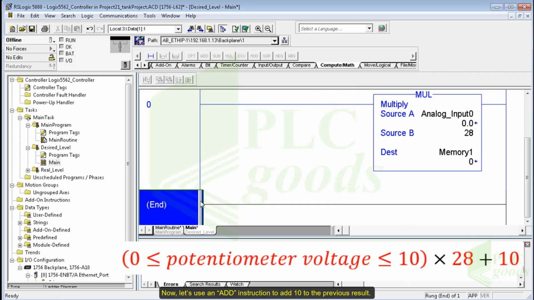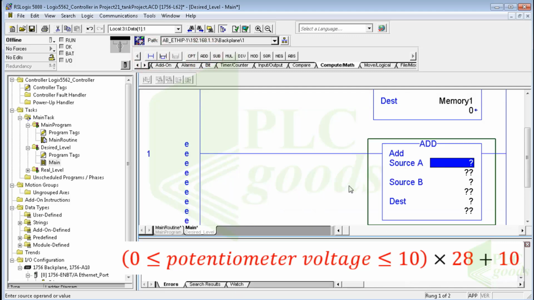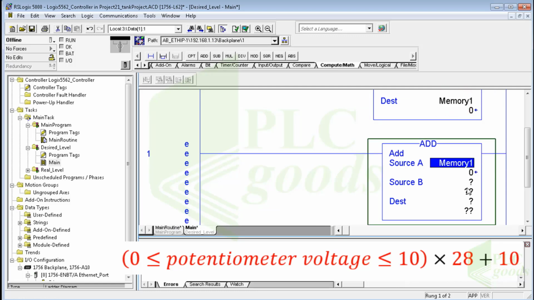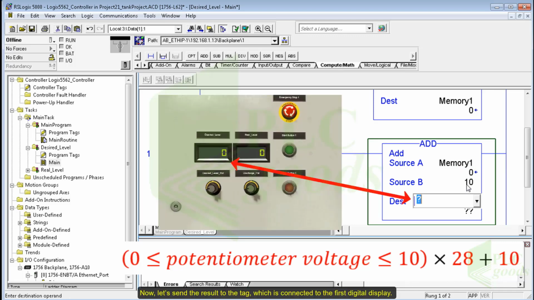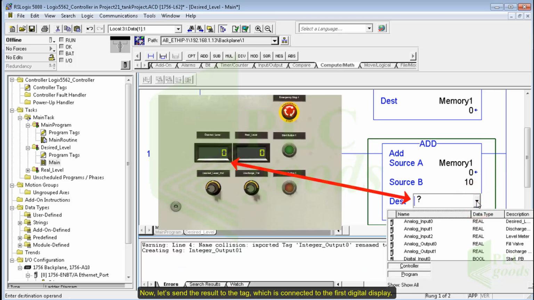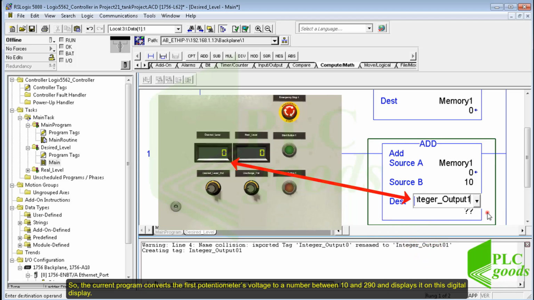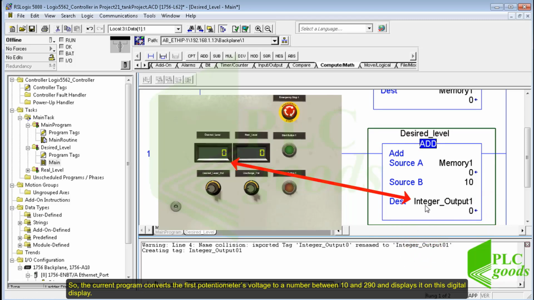Now let's use an add instruction to add 10 to the previous result. Now let's send the result to the tag which is connected to the first digital display. So the current program converts the first potentiometer's voltage to a number between 10 and 290 and displays it on